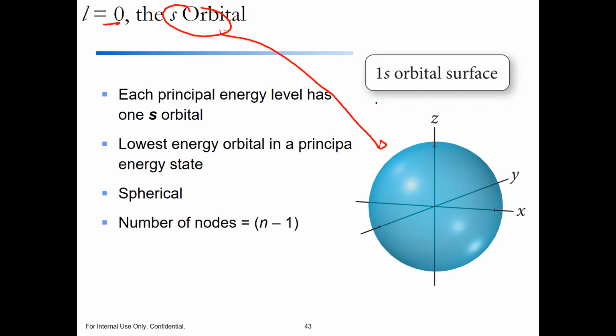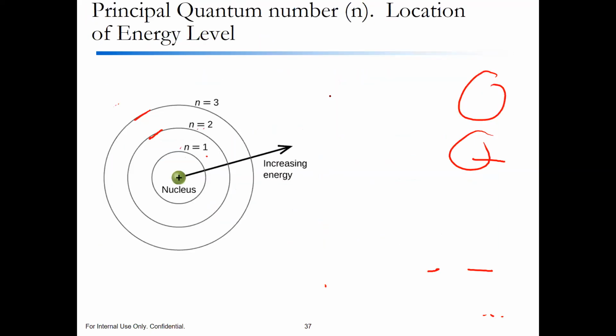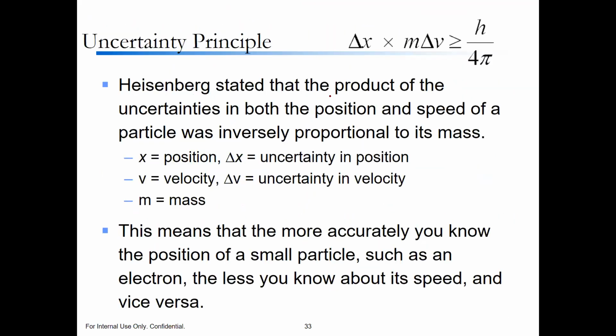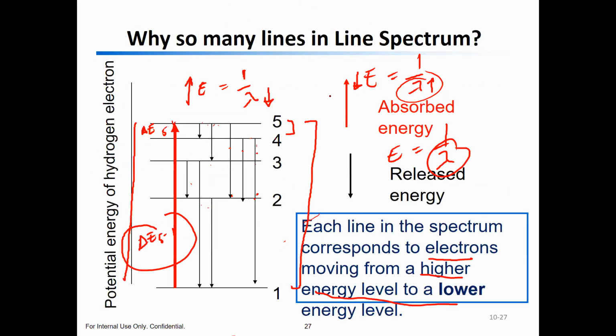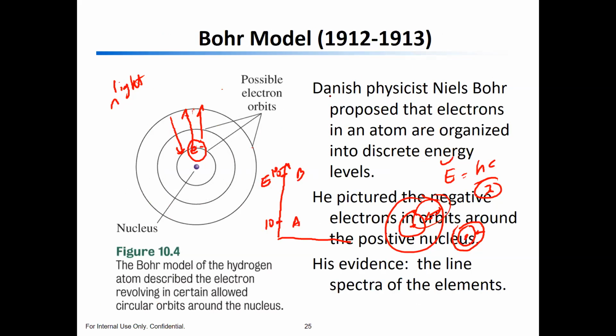Then we give it a number 1 in front. What the heck? It's an s orbital. Why did we put the number 1? So this is level 1, level 2. What we notice is there could be an s orbital here, level 1. There could also be an s orbital at level 2 and an s at level 3. How do I know which one I'm talking about? The s orbital at level 1, 2, or 3? So what I have to do,